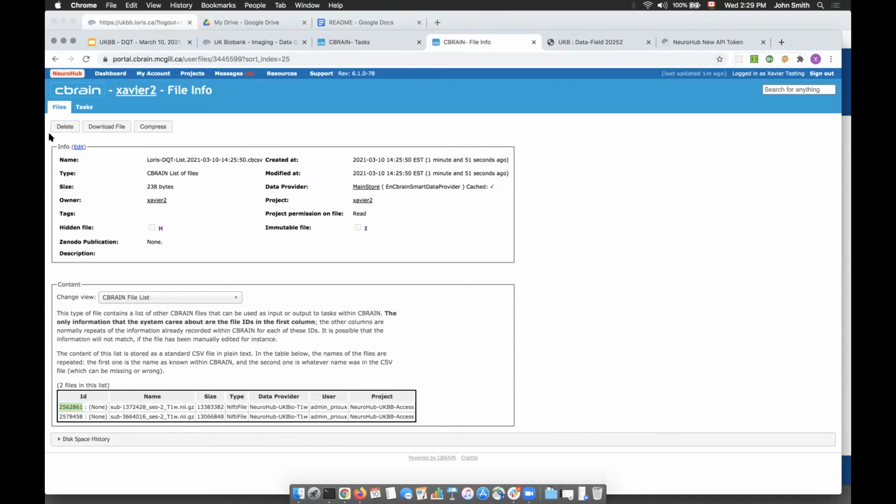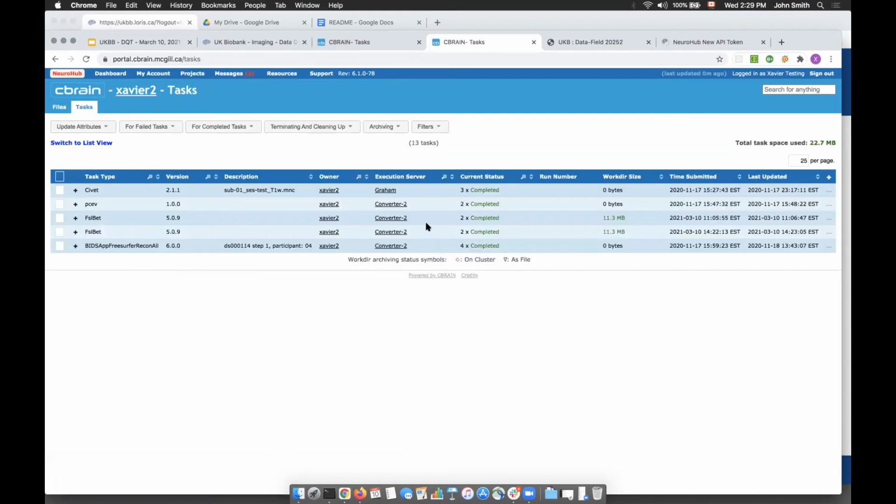If they've attached a storage on any host that they have access to, it can be your Beluga project space, or it can be your home Linux server. If you have a storage known by CBrain, CBrain can move this file, but also the results of the tasks that have been launched.